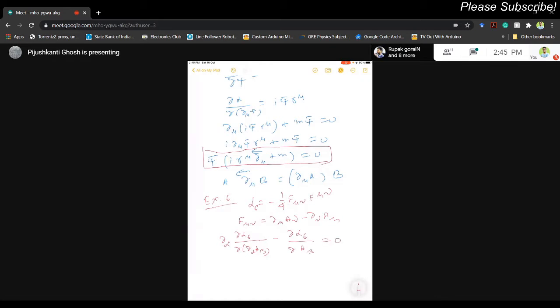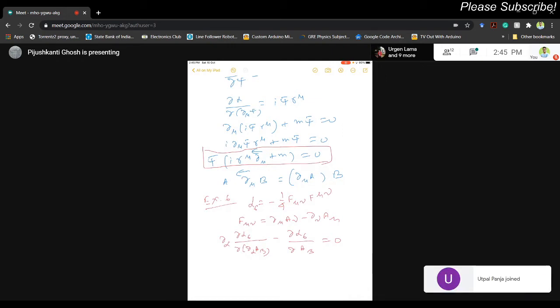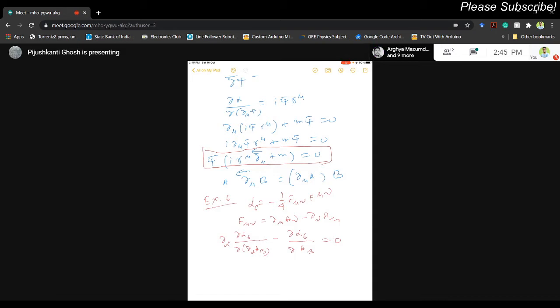Okay, I have written down the expression for the Euler-Lagrangian equation of motion for this. This is basically the Maxwell field strength, F mu nu. I have introduced this as an antisymmetric tensor of rank 2, del mu A nu minus del nu A mu, and I derived the Euler-Lagrangian equation of motion from first principles by assuming that the field is a scalar field.